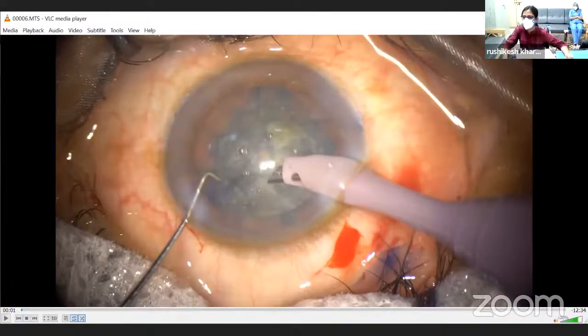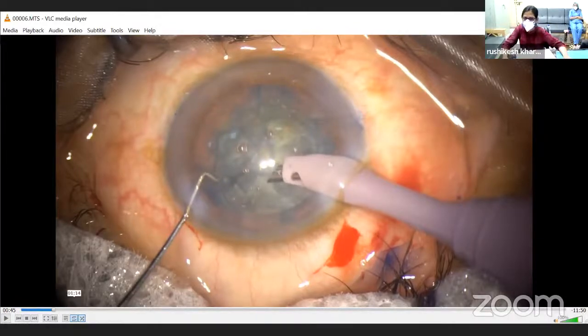So this was the first case I was trying under subconjunctival anesthesia. Surgery went fine. I did the trench and divide technique. The patient was cooperative. And after nucleus management,